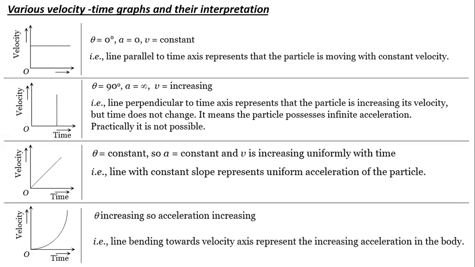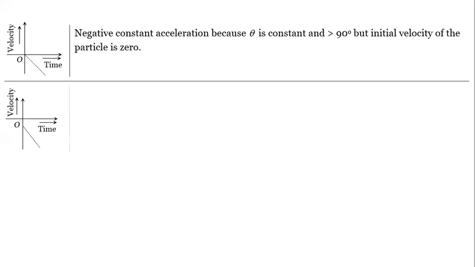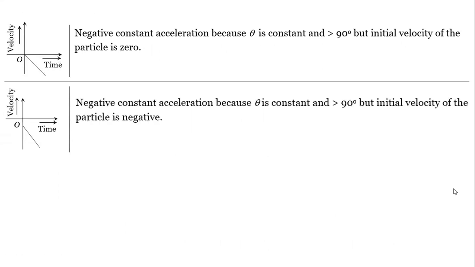Sir, there was a graph in the displacement position-time graph which was not possible, the straight line. And in the velocity-time graph also it will not be possible, no, sir? Yeah, in the velocity-time graph also, the parabola type. Okay, so all the types of graphs, is everyone clear? Anyone having any confusion?